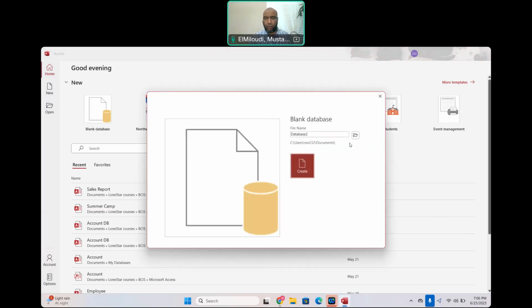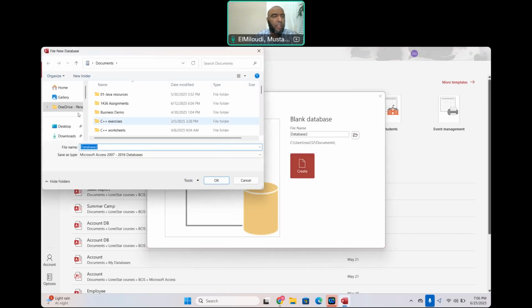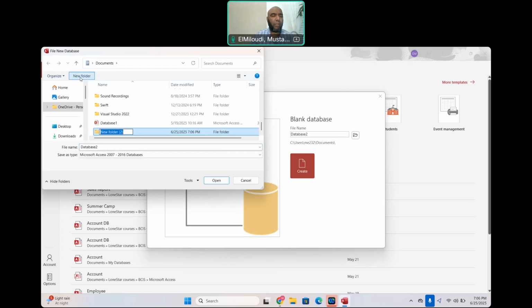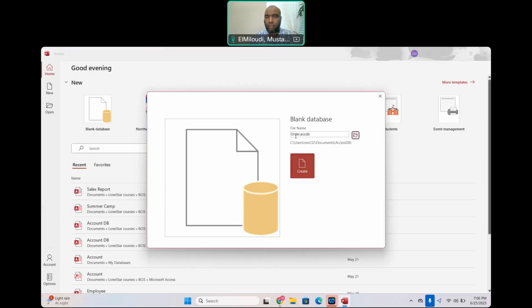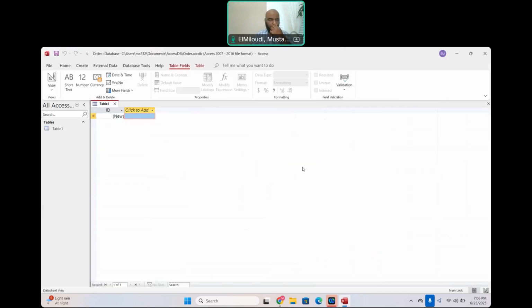And then it's going to ask you to locate the folder. So I'm going to click, and then maybe somewhere in here, I'm going to create a new folder. I'm going to put Access database. And I'm going to give it a name. So I'm going to call it order. Just a name, just an example. And as you can see right here, it shows the location and then create. So the first time you open a database,